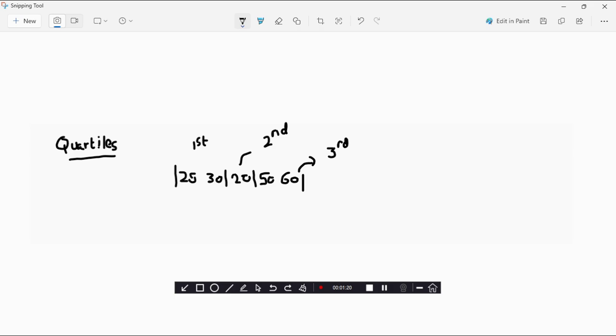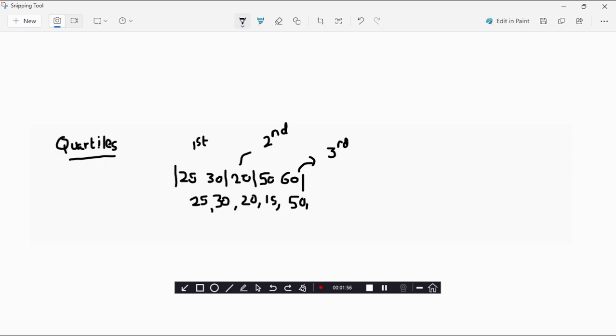Now, using quartiles, you can figure out your median. We already know that our median is 20 because in terms of values, this is an odd number. You've got five values over here. However, if this was even, let's say these were six values altogether, if you were to add in one more value, so let's say 25, 30, 20, 15,